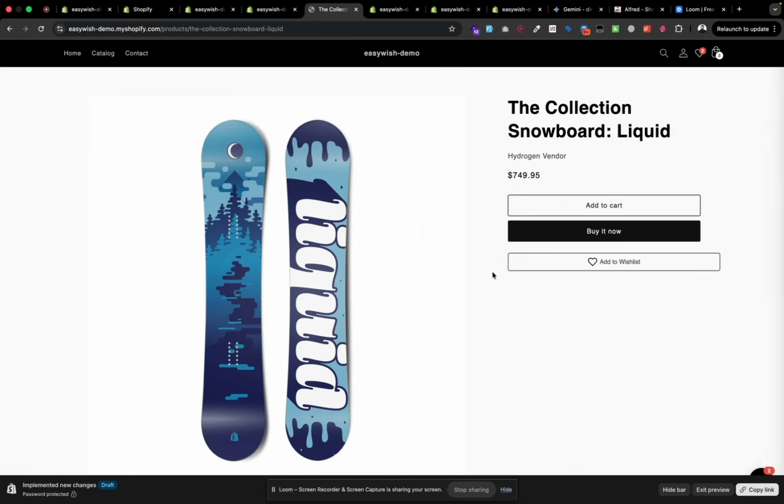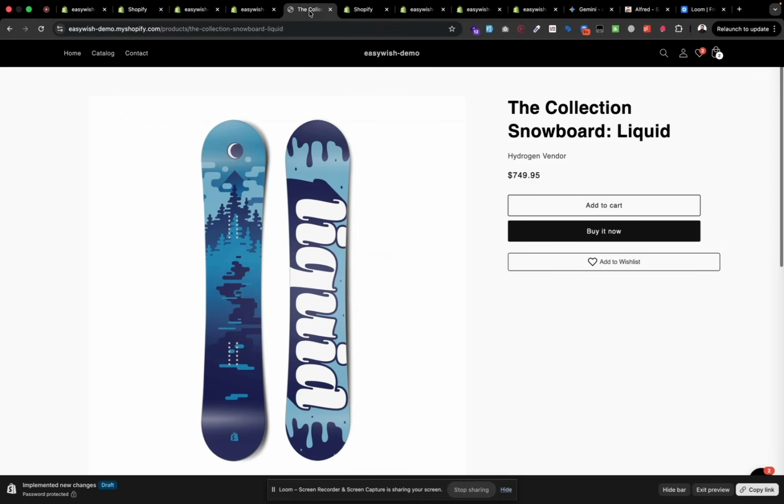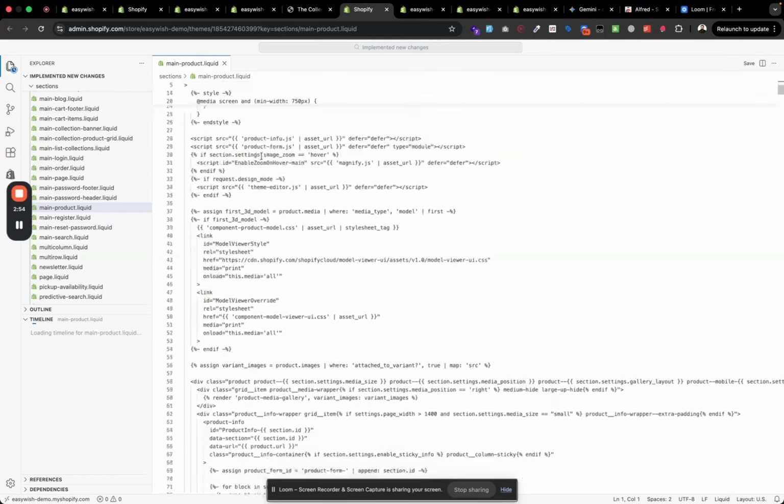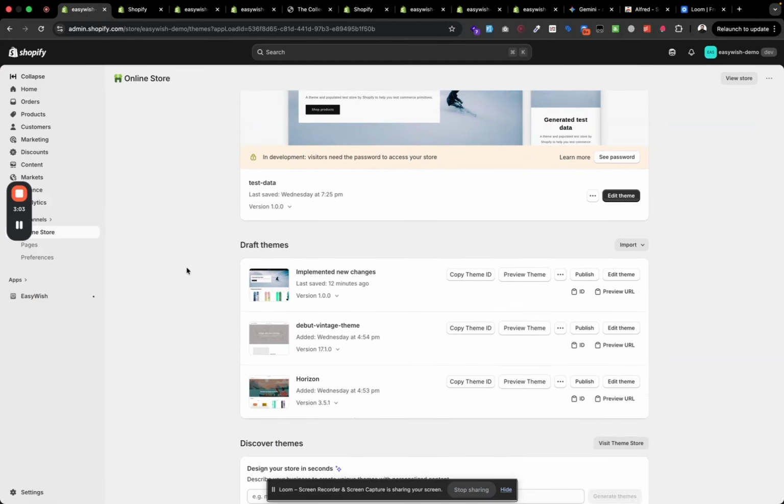And also, if I need to make some changes in the code editor, I will open the section in the code editor using the same one-click formula. So all thanks to this extension. It can save you a lot more time throughout your Shopify development journey. You can see I'm able to preview the code right here. So it also helps you. You can see whenever you make some changes,